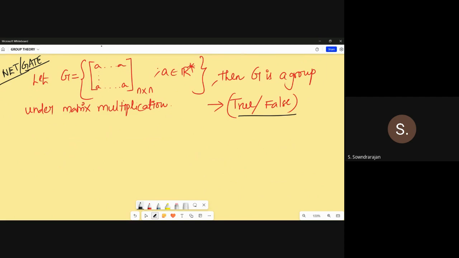Under matrix multiplication, verify its closure, associativity, identity, and inverse. Right? Whether these four conditions have been satisfied by G. In that case, this is true. Take it as classwork and complete this. Next, we are going to start a new topic, which is